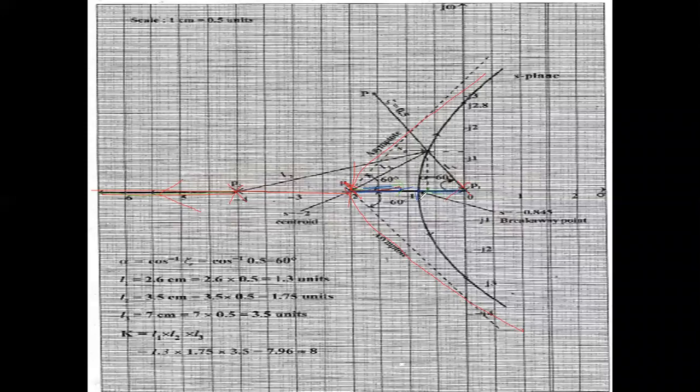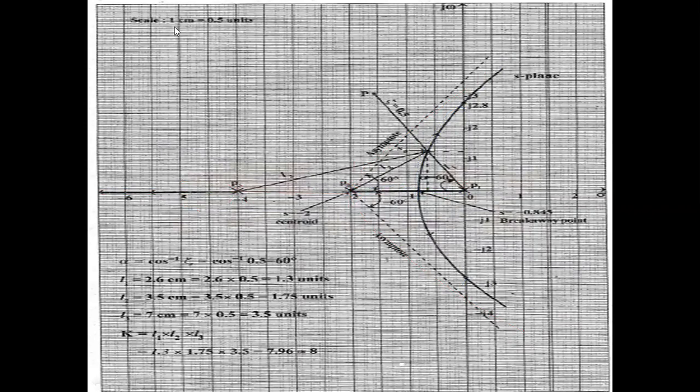Finally they intersect at a point which is nothing but the breakaway point. Along this straight line asymptote, again at a particular point it crosses the imaginary axis. We have already found that value. So just join these 2 points and move towards infinity along this straight line asymptote. This is moving along the straight line asymptote. Fine, it moves to infinity. This completes drawing the root locus.